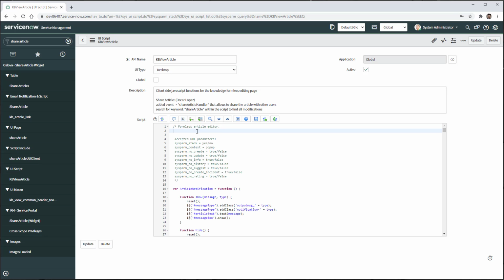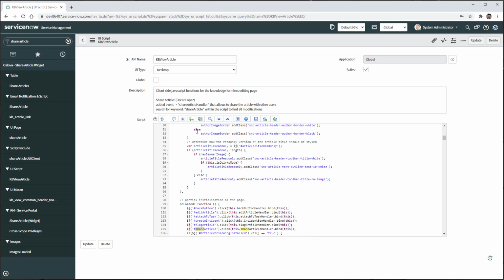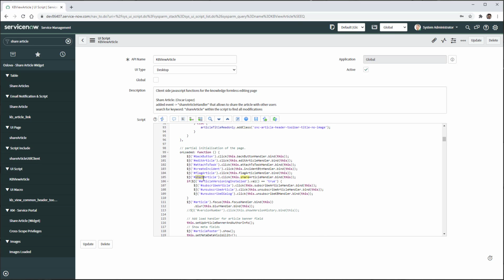If you just type share, you will look for shared article here, in which we are just registering the click event, a shared article